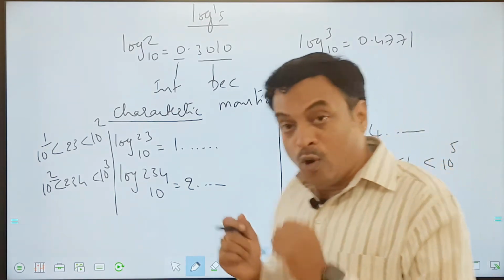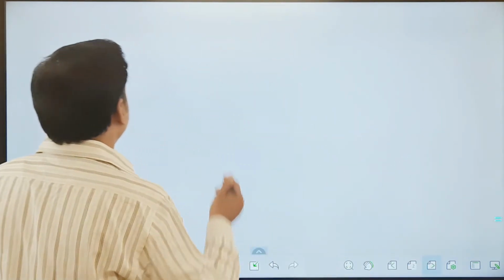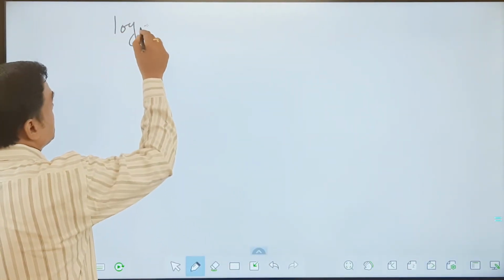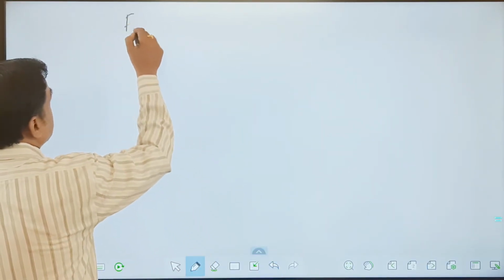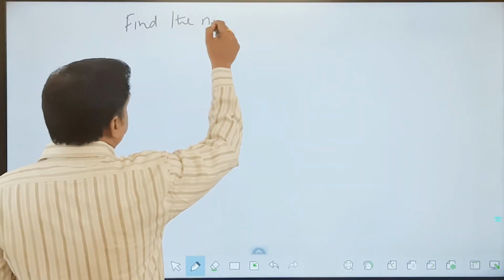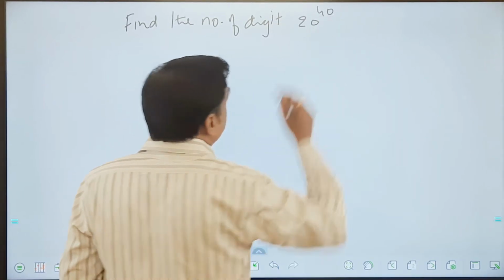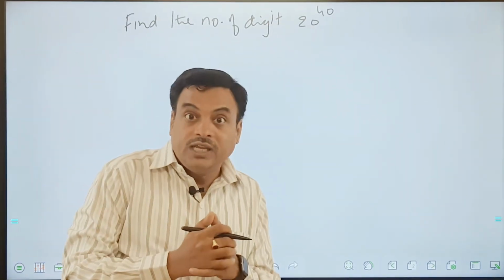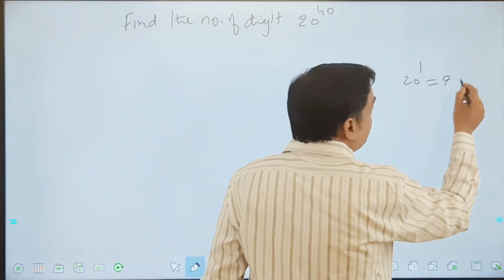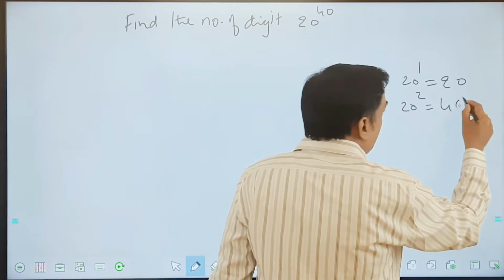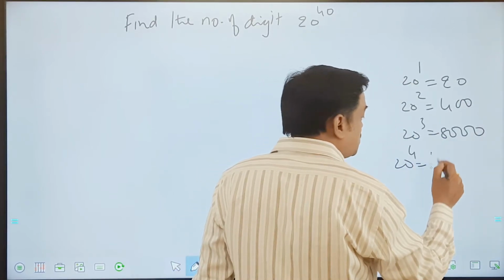And how can this point be helpful to solve some questions? So let's take some example questions. The first question is 20 to the power of 40. I don't apply logarithm directly. Let us take it like this. The question is: find the number of digits in 20 power 40. That means if you find the value of 20 power 40, imagine. What is 20 power 40? 20 power 1 is how much, friends? 20. 20 power 2 is how much? 400. 20 power 3 is how much? 8000. 20 power 4 is how much? 16